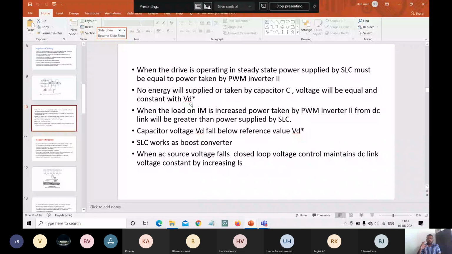So at that time, what happens? The motor continues to receive the constant voltage. Therefore, by production of continuous constant voltage, the same maximum power and torque will be maintained. The main motto of the drive is to provide a constant torque and the maximum speed. This constant torque and maximum speed will be provided by maintaining the voltage and current balance. So that is the main working of our regenerative braking.